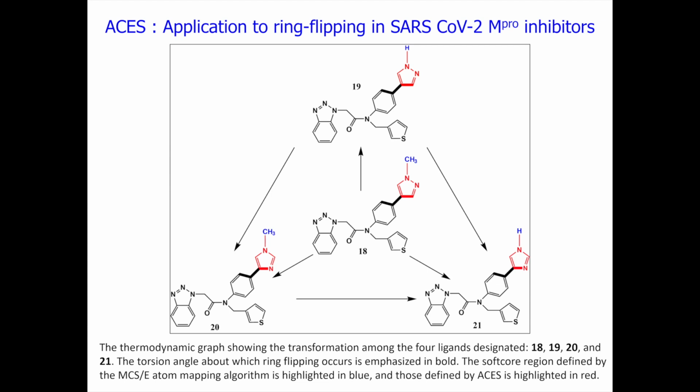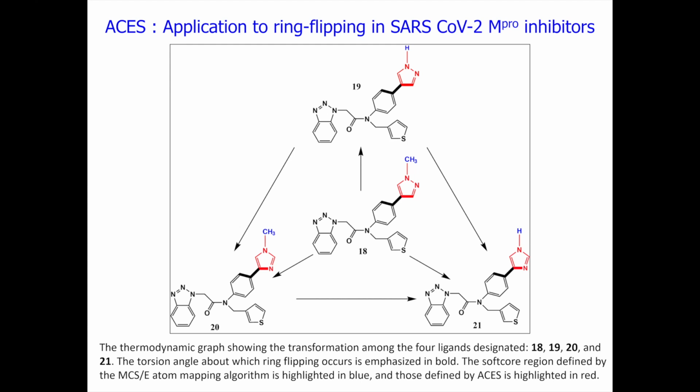However, if you just flip that ring around by 180 degrees, that would position that methyl group away from the pocket and replace it with something that did not have a steric repulsion. So it turns out that that's the preferred orientation of this ligand. When you take the hydrogen and instead grow in a methyl group, it causes the ring to flip. So here's the basic idea.